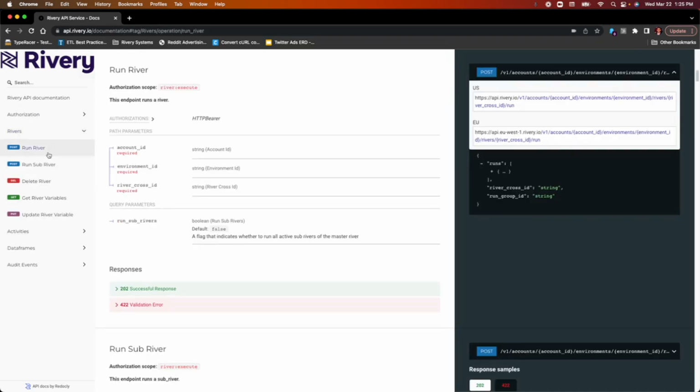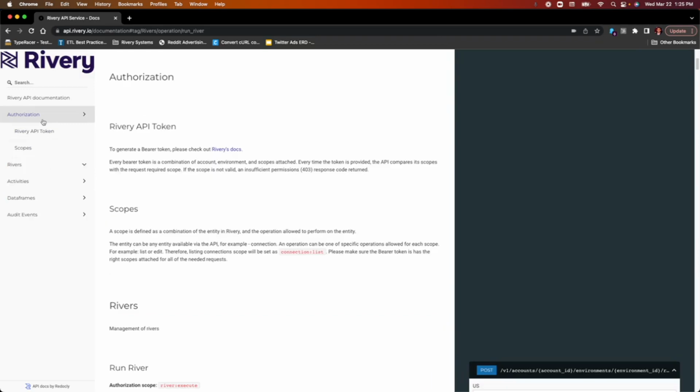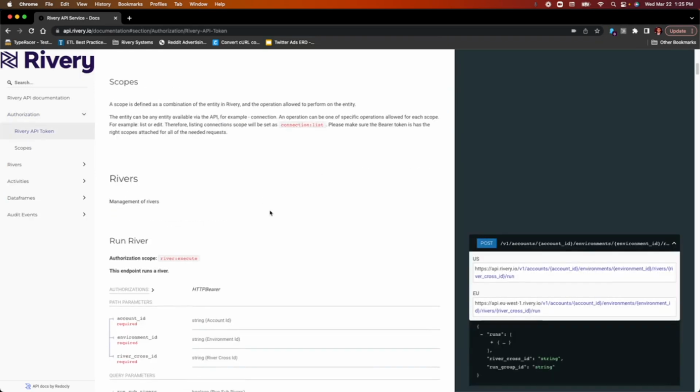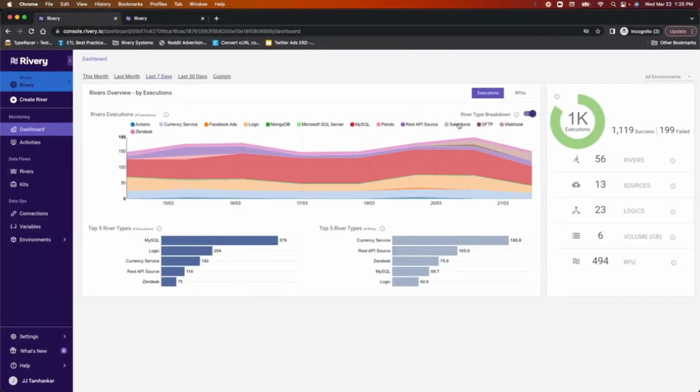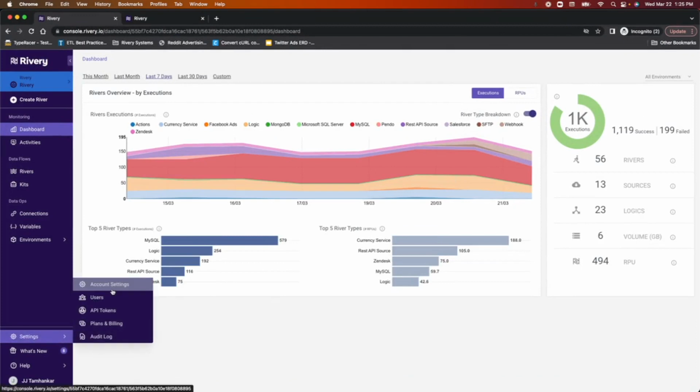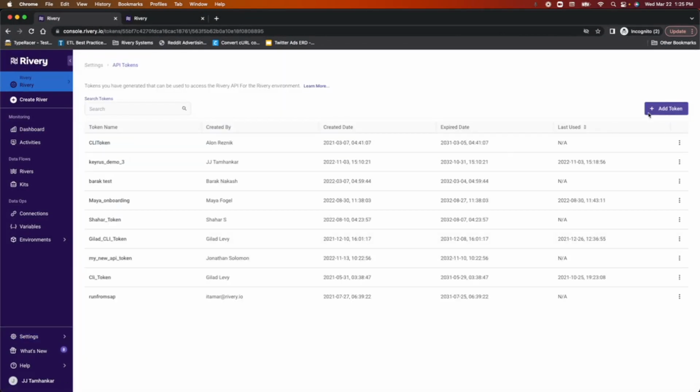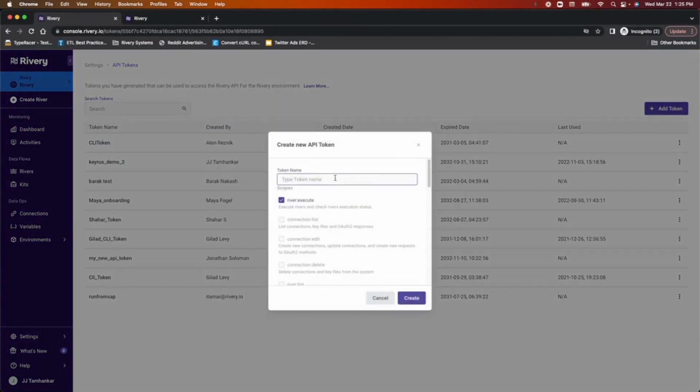But the first thing we need to do is authorize our API calls. Authorization works on a simple bearer token method. And in order to retrieve this bearer token, one needs to go into the Rivery account and create a token with the appropriate scopes for the activity that this token will be used for. So we go to settings, API token, add token,